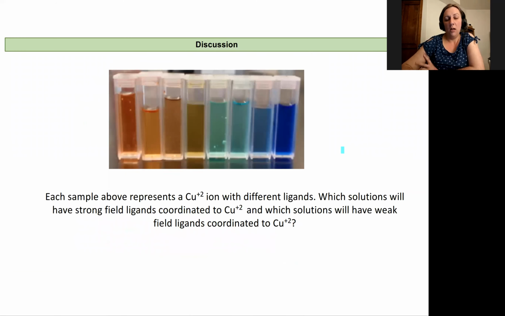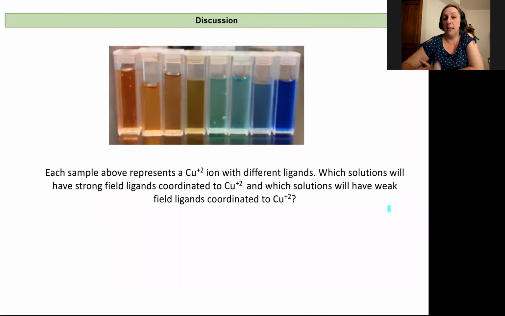And so let's talk a little bit more about at least the ligand effect. Here is a series of different compounds making up pretty close to a rainbow. We're going from a nice dark orange red to orange to yellow to green to a dark blue. And these are all copper ions. Every single one is a copper +2 ion. And the difference between them is the ligand that is coordinated to that copper +2, and that's it.